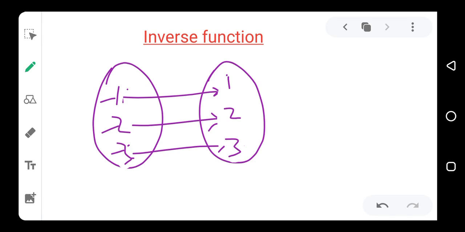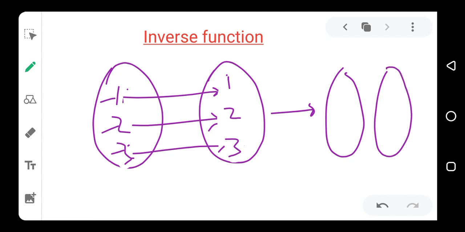The inverse function of this expression is, we reverse this set, we make x to become y and make y to become x, or we make the domain to become the range and make the range to become the domain, and that becomes the inverse function of